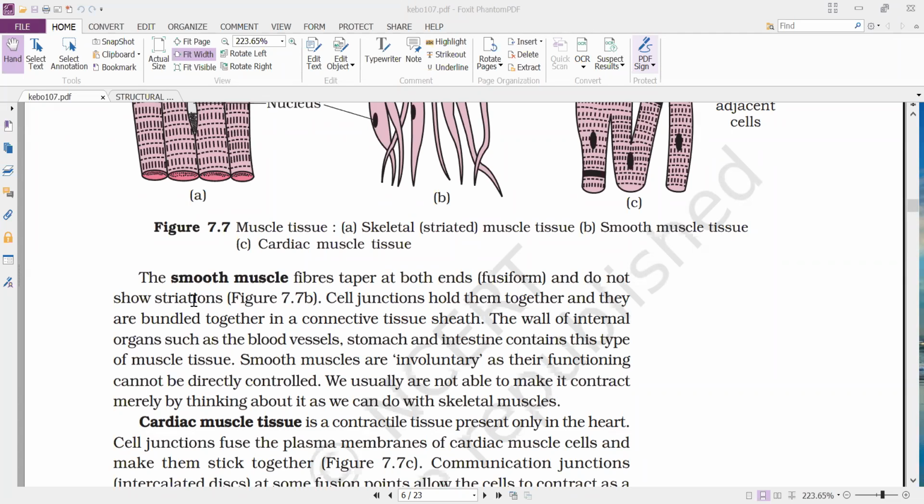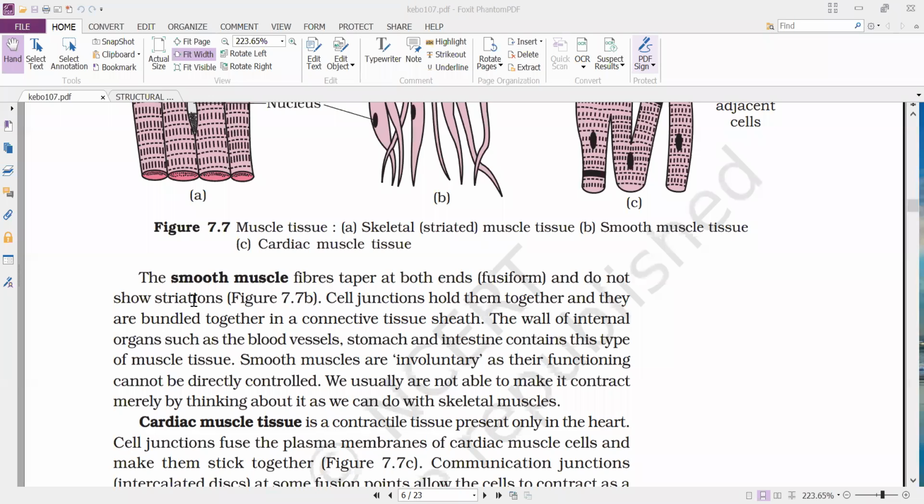When you observe these smooth muscles, smooth muscle is also called involuntary muscle. That means the muscles which are not under our control. Depending upon the requirement, they themselves are able to undergo contraction and relaxation. They are not under our control; they will not work according to our will. For example,